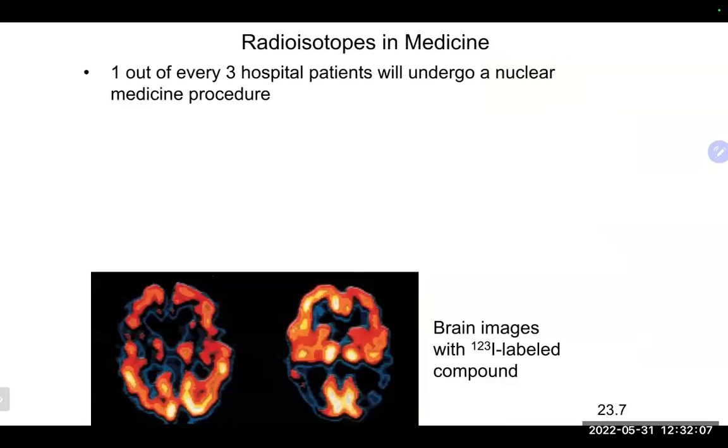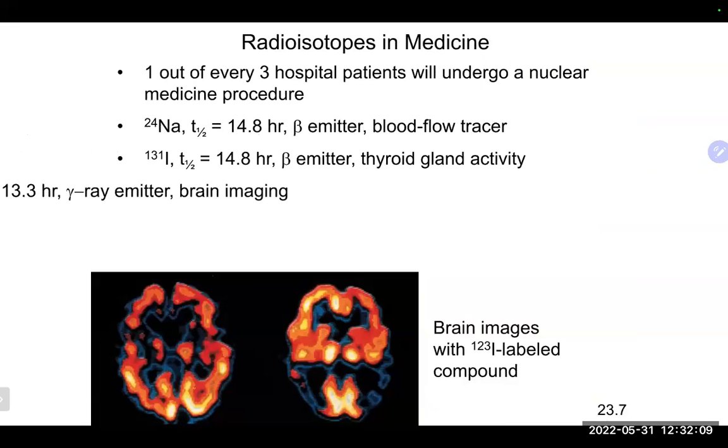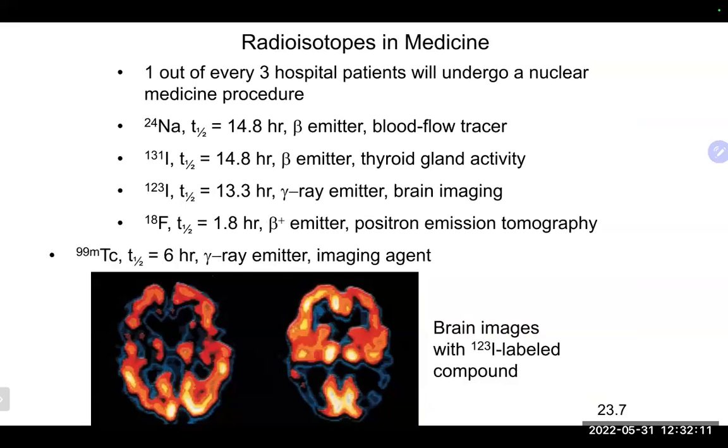We also sometimes use radioactive isotopes in medicine. As we might have touched upon before, you obviously want a small half-life if you're using something for a medical purpose. Otherwise, your follow-up appointment will be a lot of years down the road. So here are some examples of things that can be used or have been used. Sodium-24, you can follow blood flow; iodine-131, your thyroid;